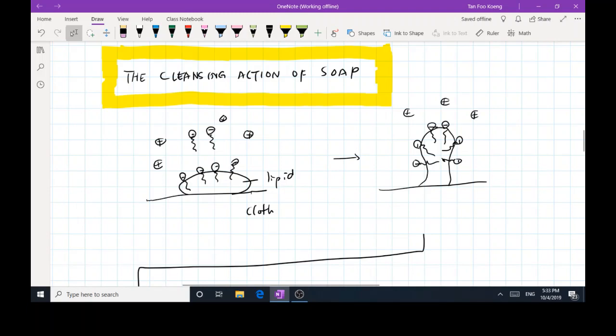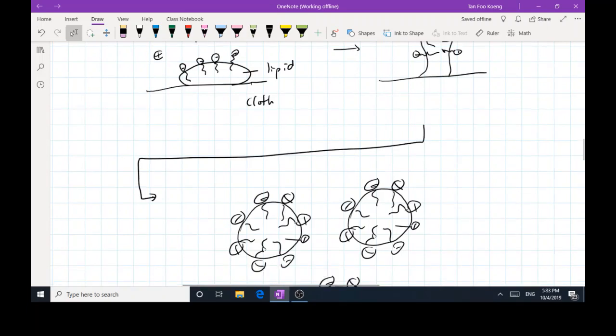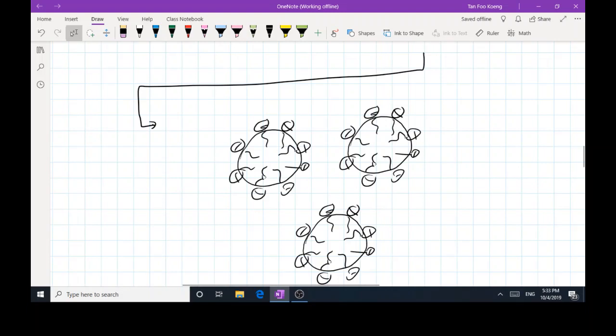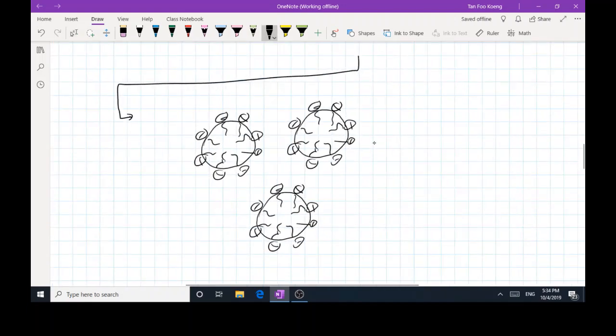when water is moving, the soap molecules here will be able to lift up the lipid from the cloth surface. As a result, when the lipid is fully lifted, the anion heads, or the hydrophilic heads here, surround the lipid molecule, preventing the lipid globules from combining together. So in this case, the tiny droplets of lipids are floating in the water, forming an